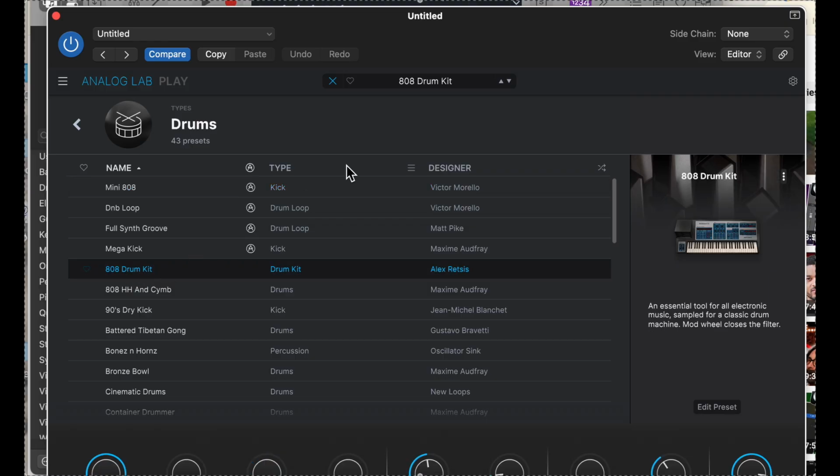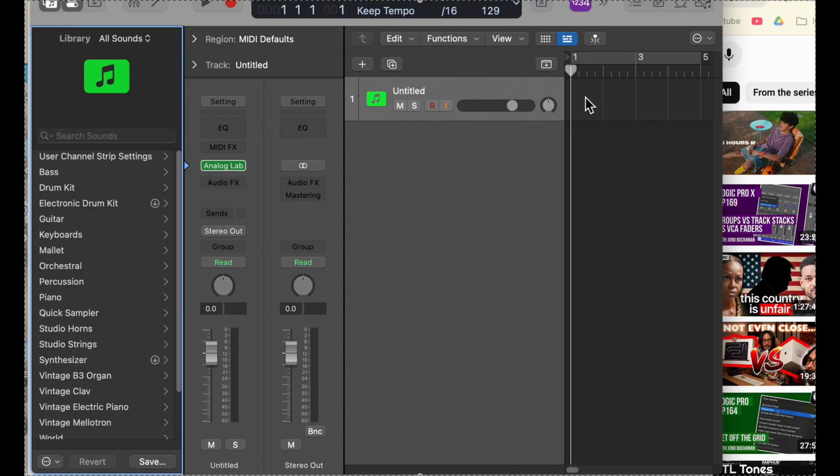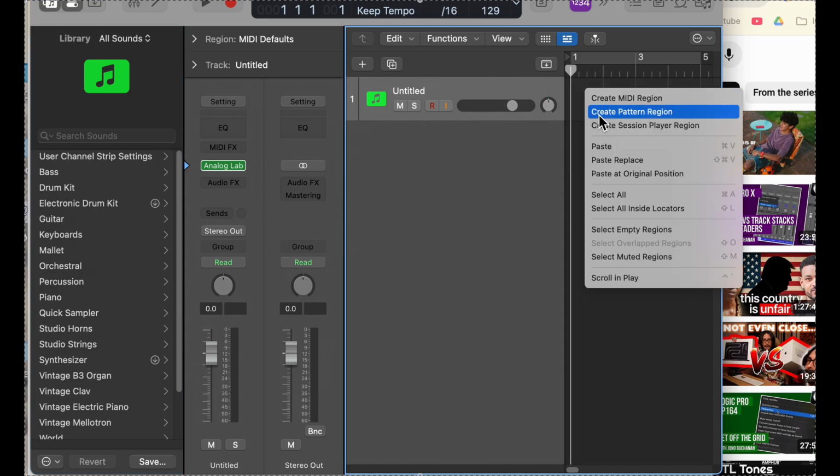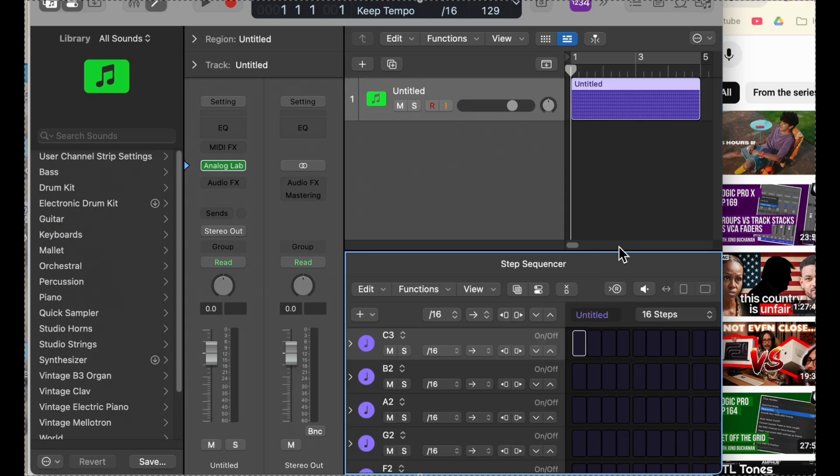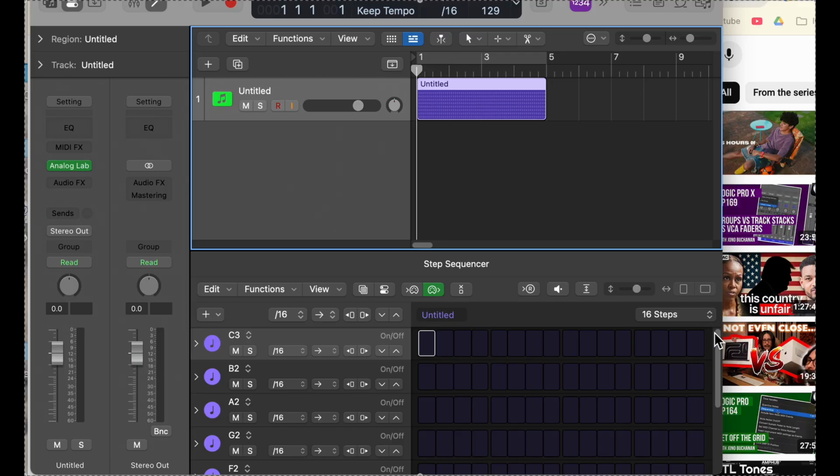If I double click that, you can see that it's been selected. Now, in this area right here, you're going to control click and pick create pattern region. Now this is going to look a little bit intimidating, but bear with me. First thing I have to do is make my screen wider because